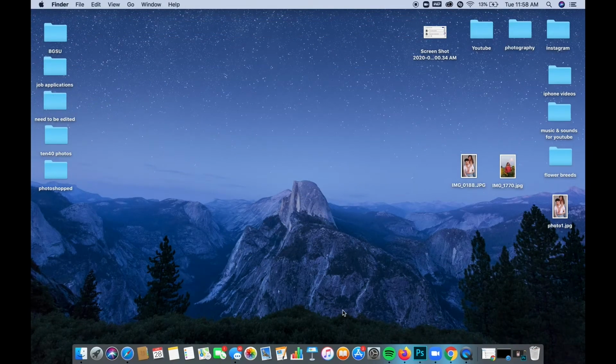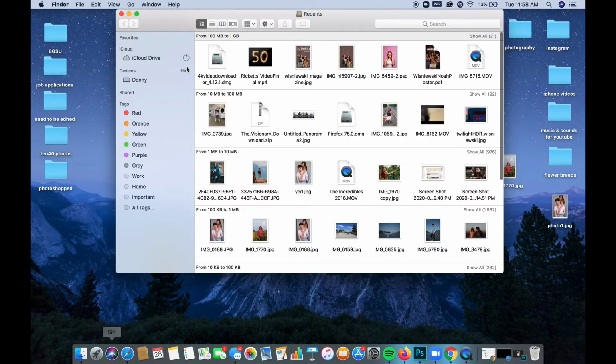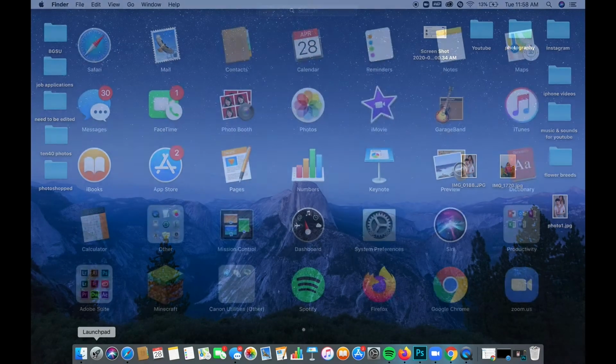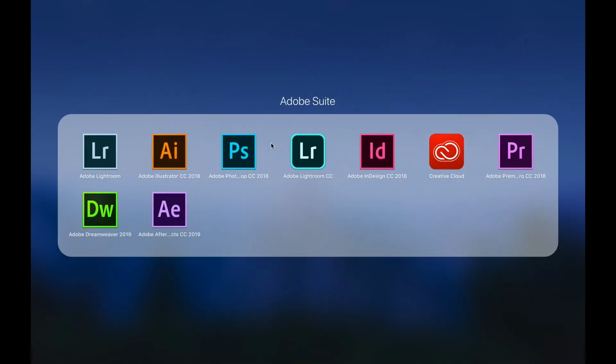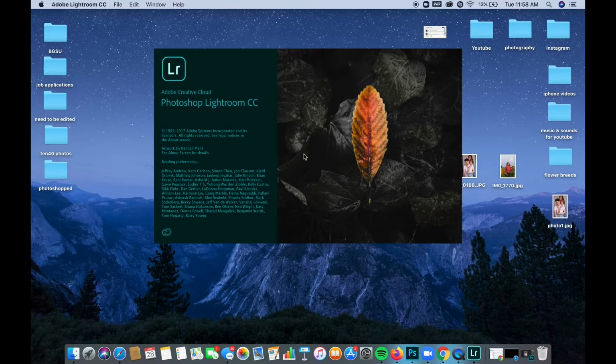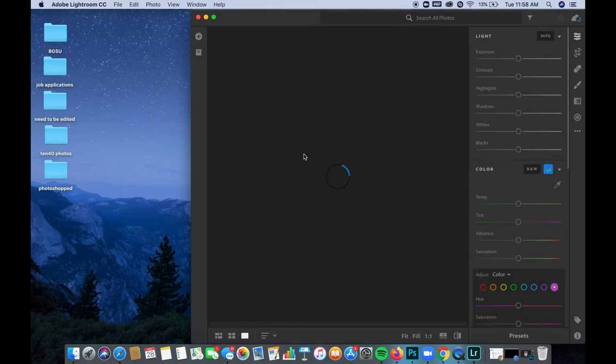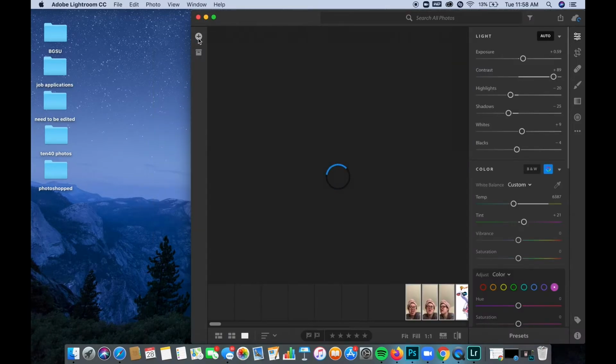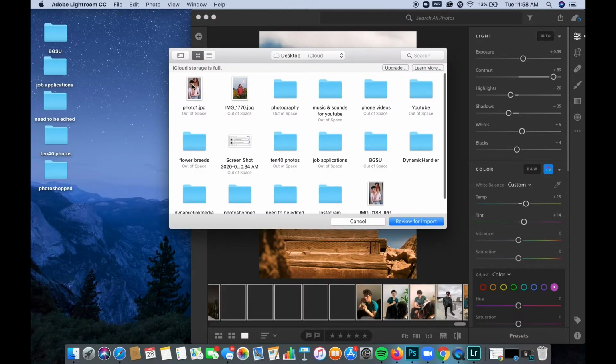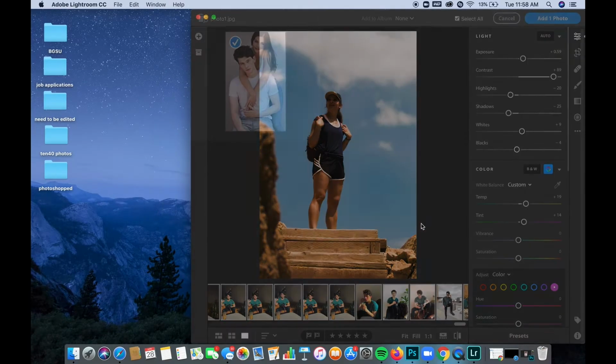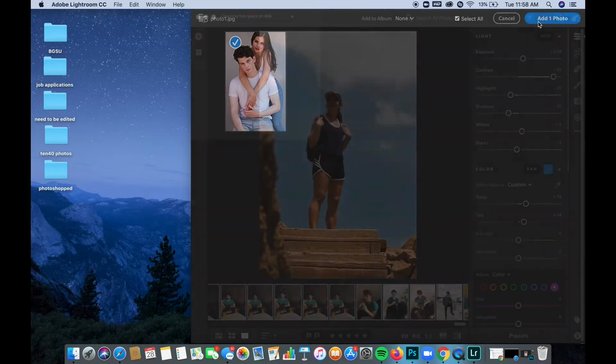And now we're gonna add this into Lightroom. I like to use Lightroom CC, which you can connect to your phone and actually edit from your phone as well, which is really helpful. But there also is Lightroom Classic, which has a few more options that you can do for things, so that is important as well. So we're going in, reviewing for import, you click Add Photo, and